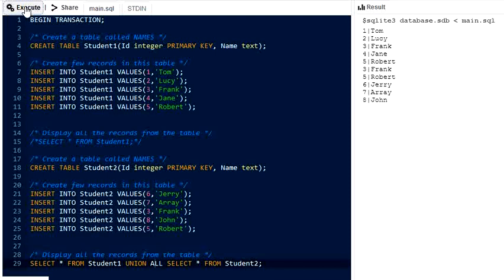Union all displays the entries from both the tables, including duplicates. There will be no duplication of records after using union, while union all keeps every record.